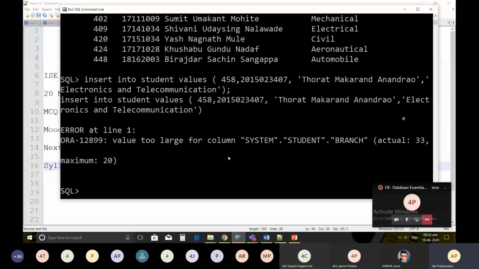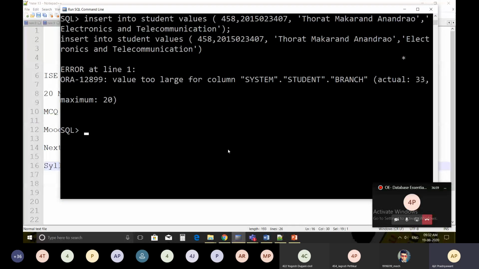Okay. So I have already created one table. The name of the table is student. I will show you the values in it. You have to write select, and this is the Oracle command prompt. I have installed Oracle database on my laptop.